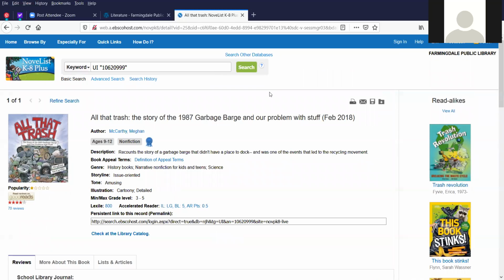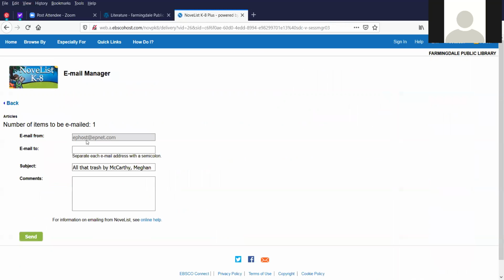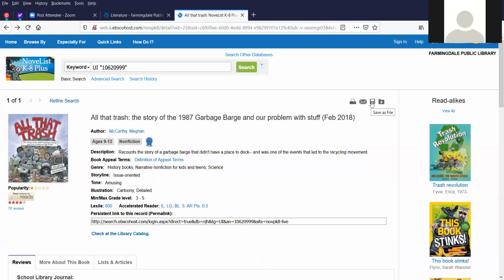At this point, at the top of the page, you could print it. You could email it. Just send it. It's from epnet.com, which is Novelist, which is an EBSCO product. You just put in your email address over here, and then any comments right here. And I'm going back. You could save it to your computer, or you could even,